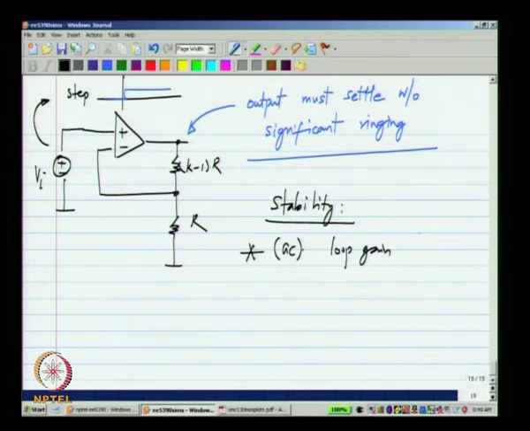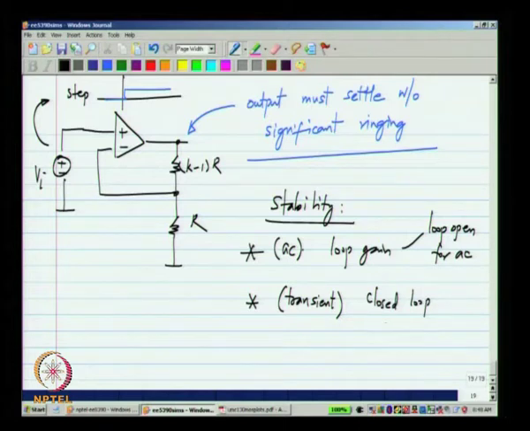what you do is you do AC analysis for loop gain with the loop broken, but the loop must be closed for DC, so that the operating point is established correctly, and you do a transient with closed loop and usually a step input, and make sure that the settling is clean. Okay. You have to do both of these, because the transient analysis is the real analysis, that is what happens in a real circuit. Okay.